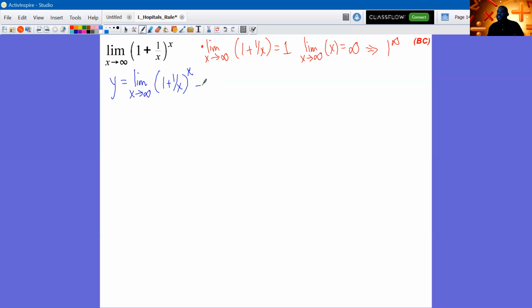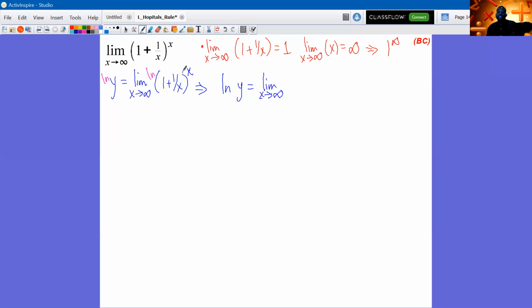Then I'm going to take the natural log of both sides, so the natural log of y equals the limit as x goes to infinity